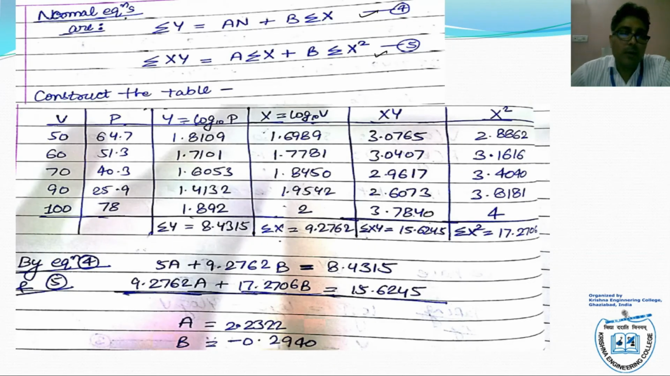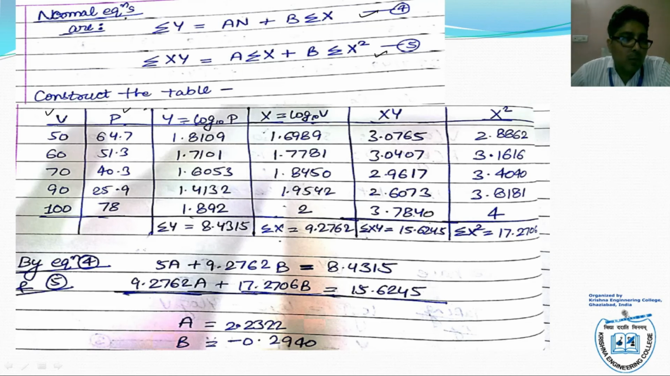Now construct the table. Here we need the sigma capital Y, sigma capital X, sigma capital X Y, and sigma capital X square. So we write the value of V and value of P, which is given as it is in the problem. Now capital Y is equal to log P. The value of P is this. Log 64.7 is